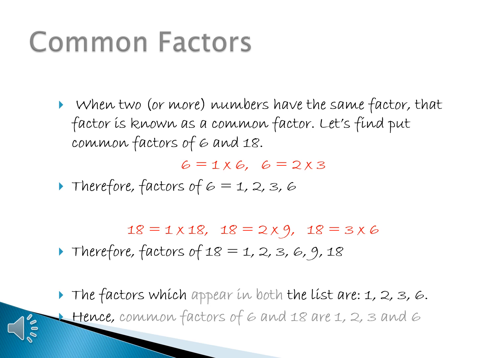So we have written the factors of 6 and 18. We will look at the lists and try to find the numbers which appear in both lists. The factors which appear in both lists are 1, 2, 3 and 6. So we can say that the common factors of 6 and 18 are 1, 2, 3 and 6. This is how we write down the common factors, which is one of the easiest ways, I guess, and the easiest topic. So this is all about common factors.